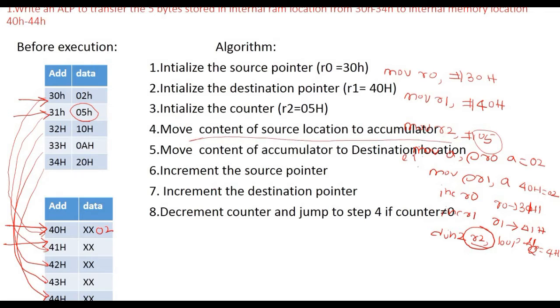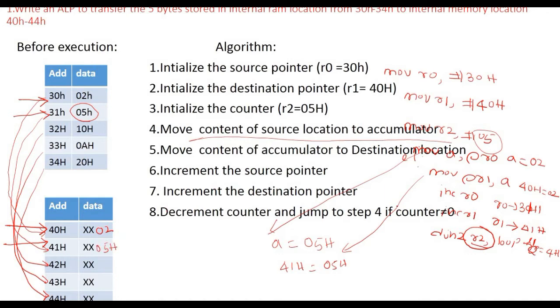Okay, so now A will have 05h. And similarly after the next instruction, 41h will get the data 05h. So in the memory location we will get 05H.